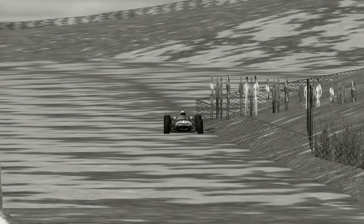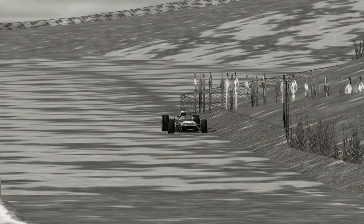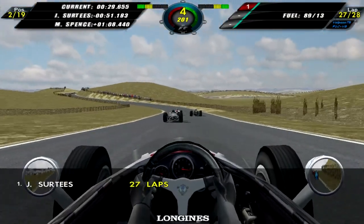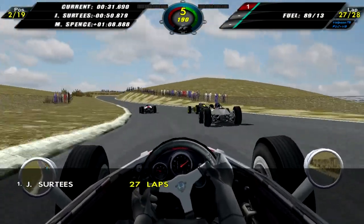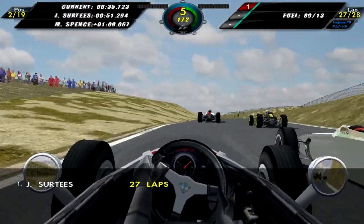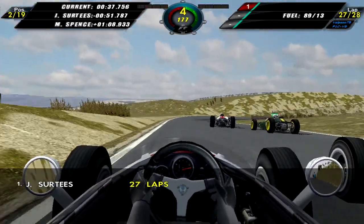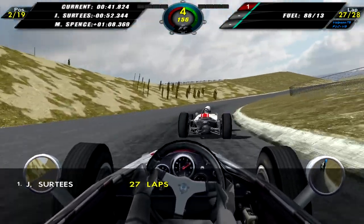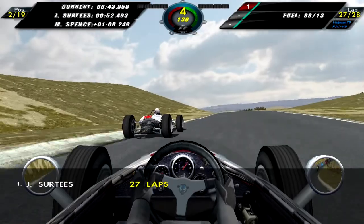He tries to get back, but eventually gives up and retires from the race. That's quite unfortunate for him. As we now catch up to Peter Revson and a bunch of slow moving cars on lap 27 coming here through this right-hander, Peter Revson pushes me very wide through that corner, however I managed to keep the car on track and we